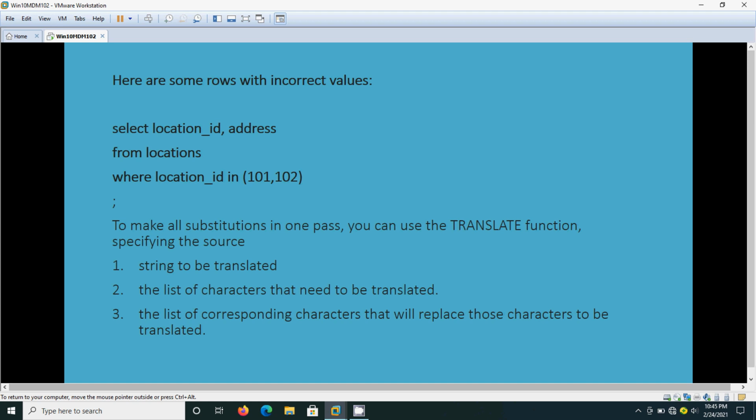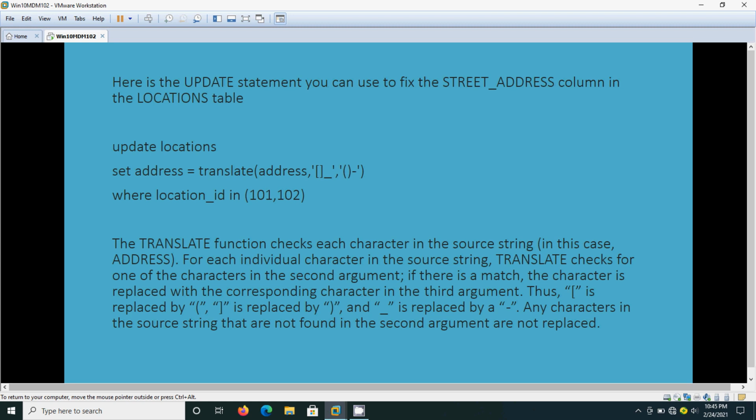By using this translate function we need to specify the source. This translate function accepts 3 arguments. The first one is the string to be translated. The second one is the list of characters that need to be translated, and the third one is the corresponding characters that will replace those characters. Here in the address we are going to replace the square brackets and underscore with the parenthesis and the hyphen.